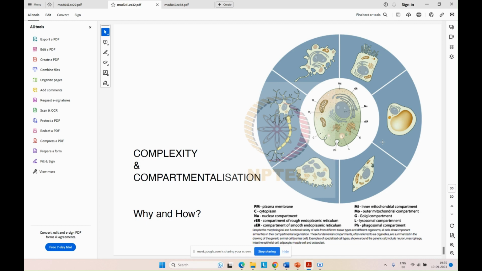So compartmentalization was sort of a necessity to make the cell more efficient in doing what it does,